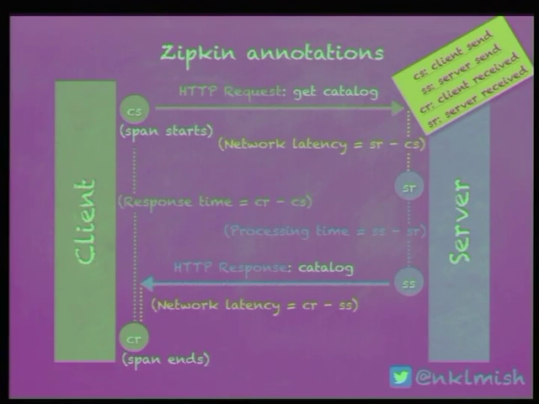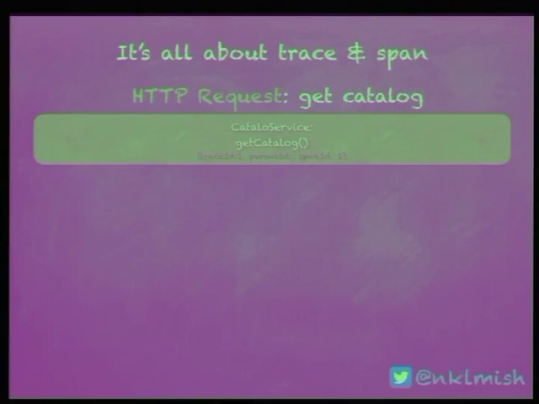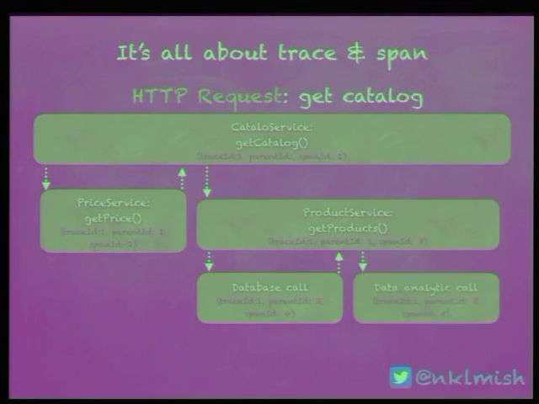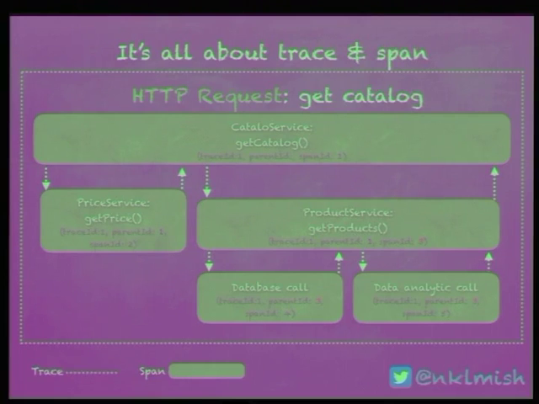However, if we go deep in this HTTP request, we can notice something: when we call the get catalog, the catalog service asks some price service to fetch the price, and then it calls another service, the product service, which makes some database call. It makes a call to some data analytics service, and finally hands the response to the client. All these green boxes which you see are spans, and the collection of these spans is what we refer to